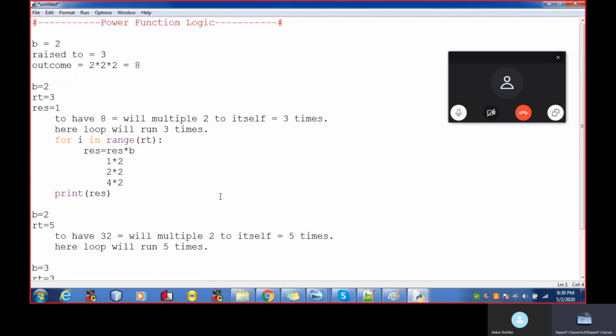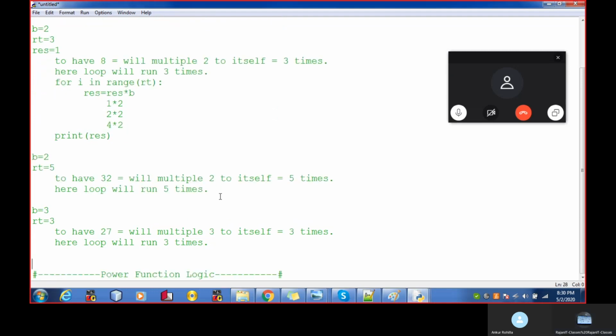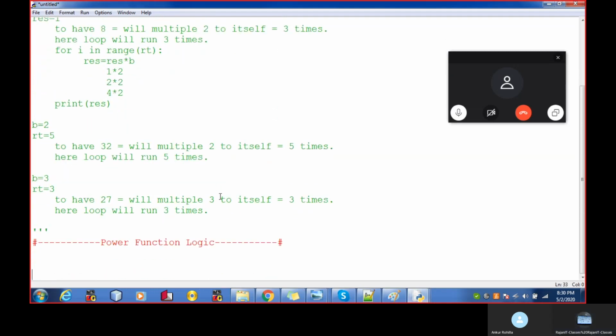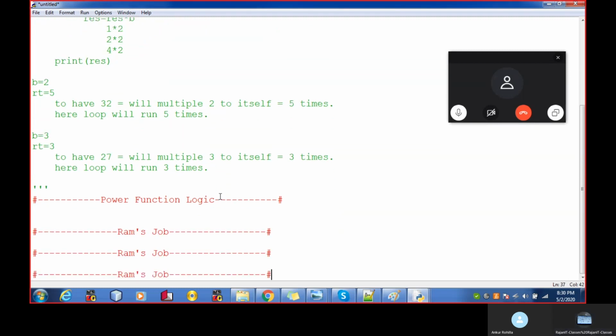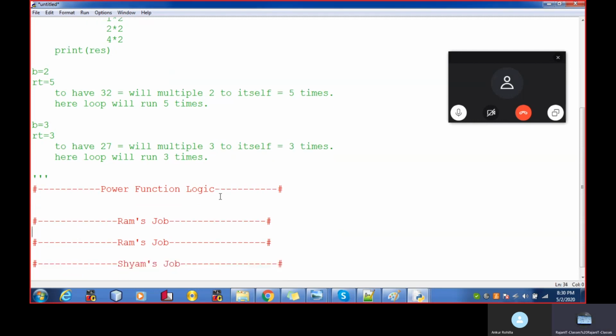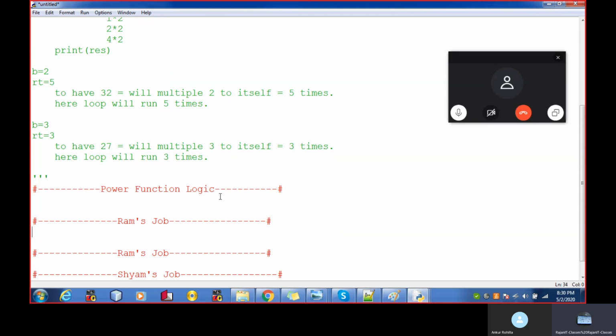Take the function. So I'm putting this part in comment. You know, the Ram's job and Sham's job. In Ram's job, we have a function with base and base 2, right?